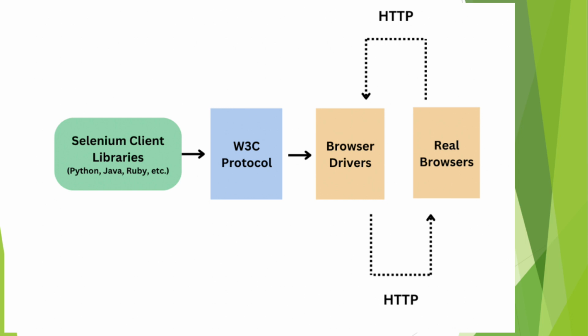So it will reach the Chrome browser driver. Once it reaches the Chrome browser driver, it communicates with its respective browser. Let us assume Chrome, and once ChromeDriver receives your code,